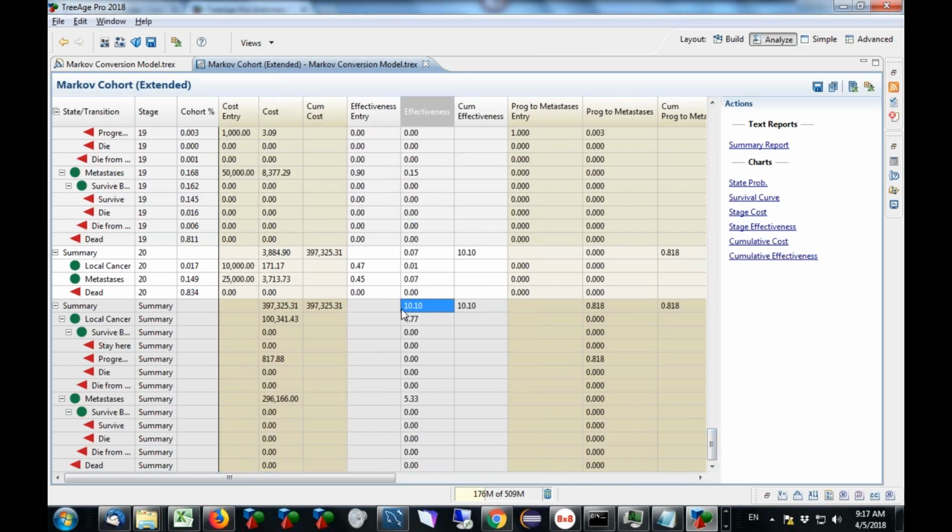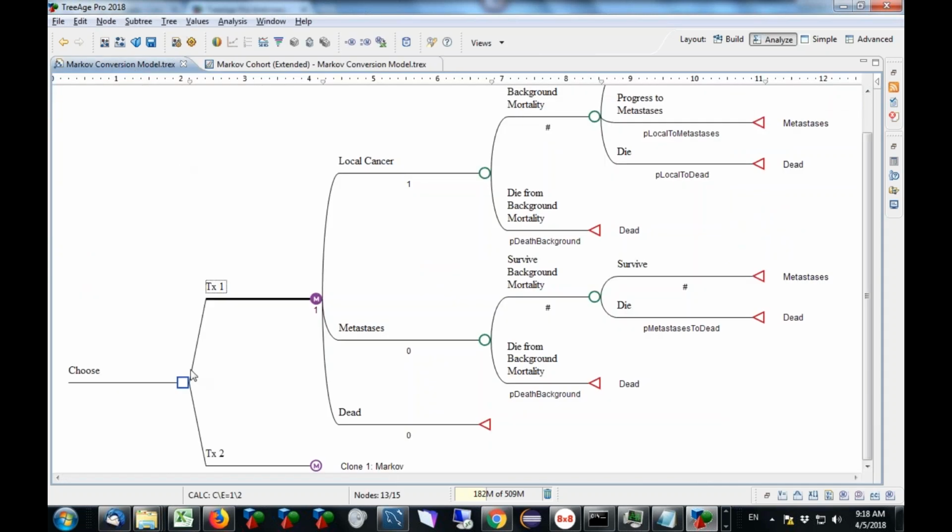So once we do this, now we have the basis for where these values came from, and we've been able to follow our cohort and see how the values accumulate in the model. And now I'm feeling comfortable with the 397,000 and the 10.1. And now I can go back here, and when I run my cost effectiveness analysis, which I'm going to run now,